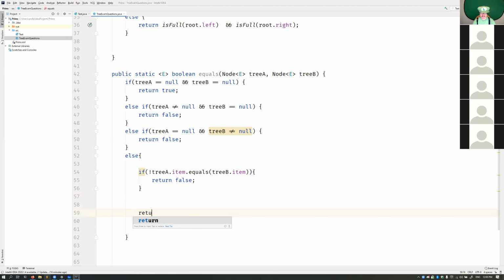So return is equal, or sorry, returns equals tree A dot left, tree B dot left, and equals